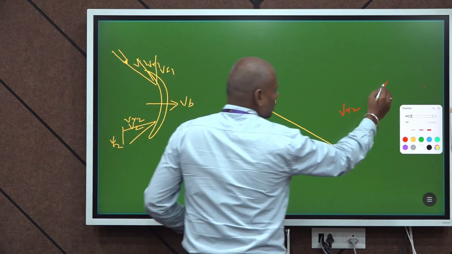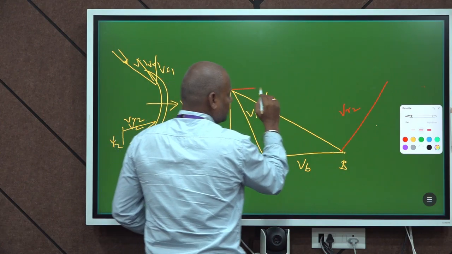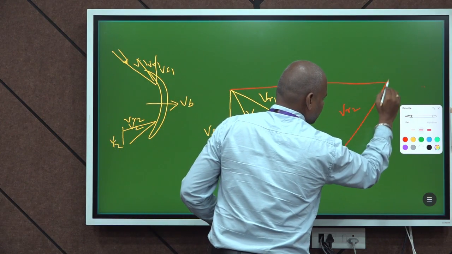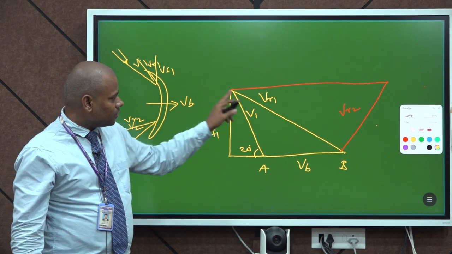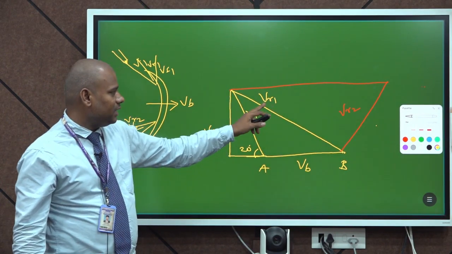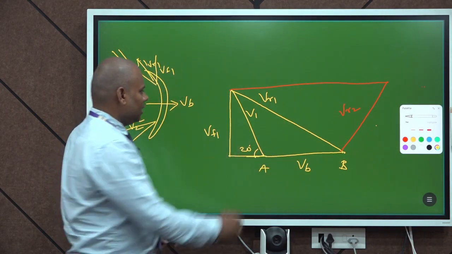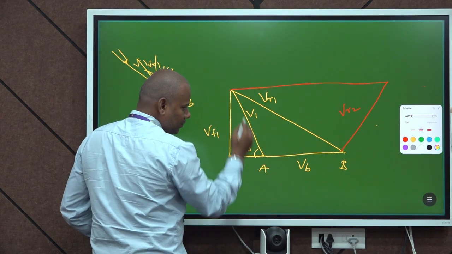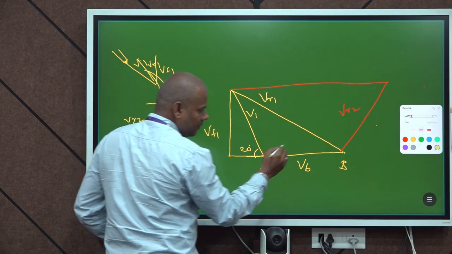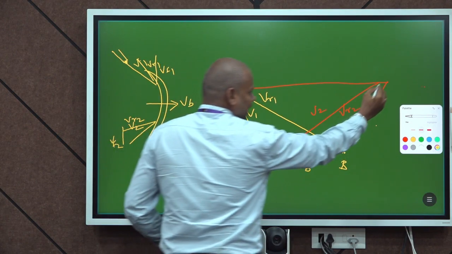If we assume that inlet velocity and outlet velocity have a similar ratio of speed, we will come to a conclusion that VR1 is at similar speed or similar velocity of VR2. You can draw a similar line, and VR1 inlet, VR2 outlet, so that V1 is inlet and V2 will be considered as outlet, and the tangential force is